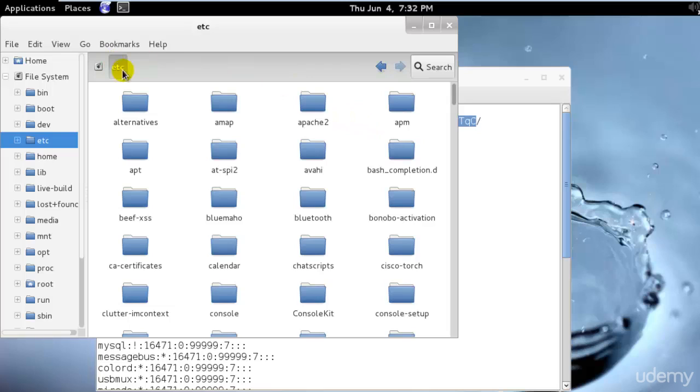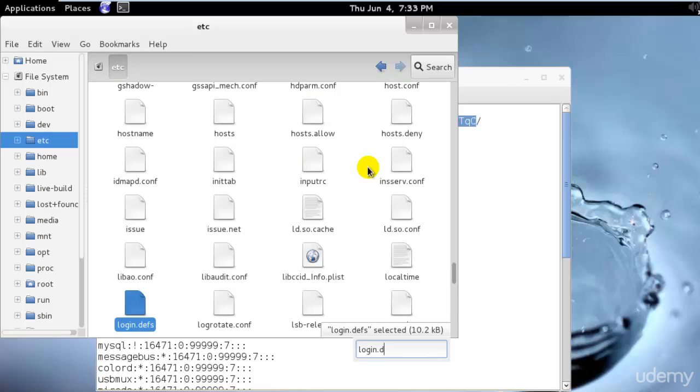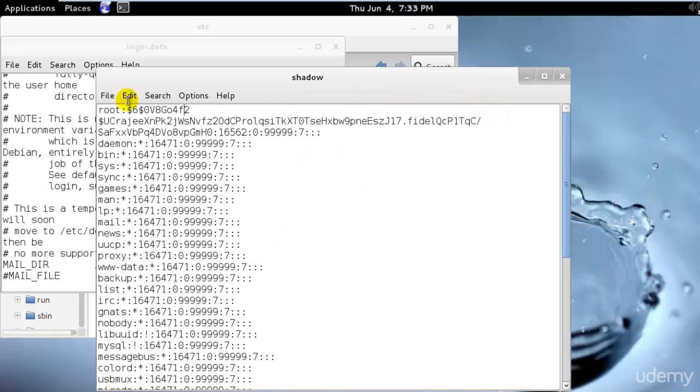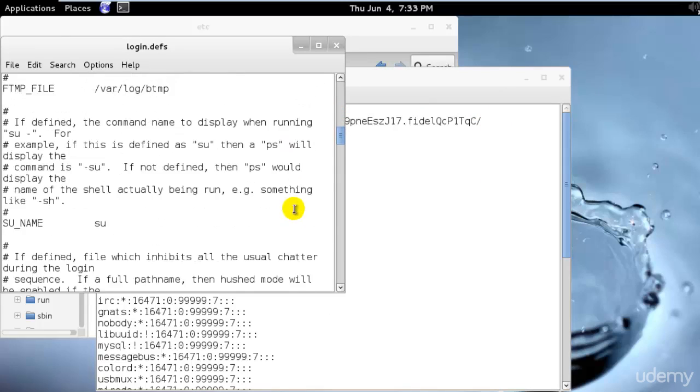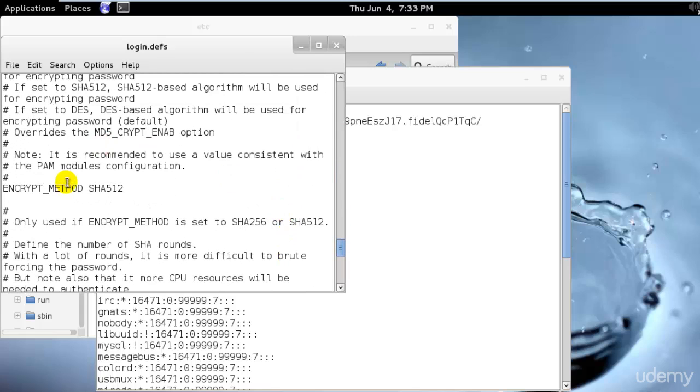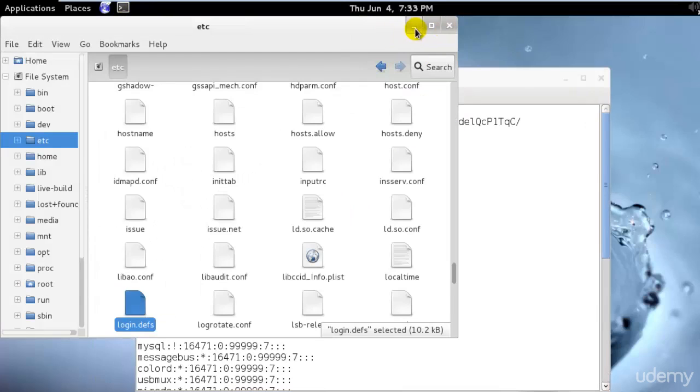Since we have access to the system, I can go into etc and check the login.defs file. Over here you can see exactly which method this specific hash file uses. If you scroll down almost half of it, you will see it. Let me just scroll it down. Okay, as you can see, we have the method over here. The encryption method is SHA-512. So now we have the hash file and we know which encryption method it is using. This is very important, as we will need to tell Hashcat this information when we are ready to crack the hashes. Else, we'll have to use each and every other method and it will not work. So I'll just fire up my